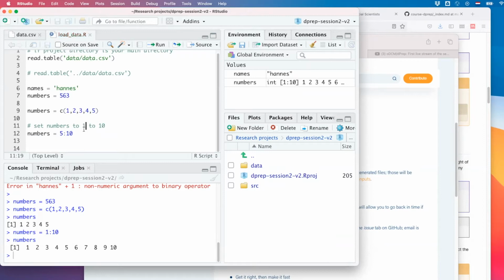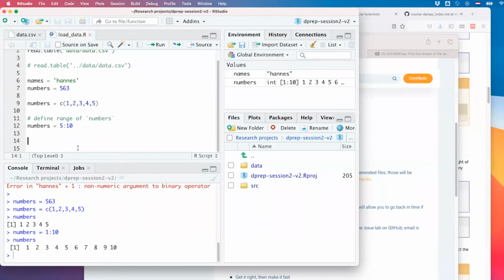So you want to add comments to your code that complement the code, but not copy the code in human words. So what I would say here, define range of numbers, for example, like this, right? So this is very clear, right? And like this, you're going to learn different ways of phrasing comments. If you look at my earlier projects of the source codes that I have written, my comments are not good, but I'm trying to pass on some knowledge here. So we got writing comments.